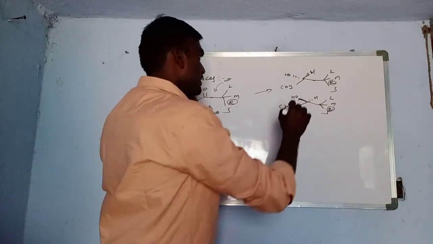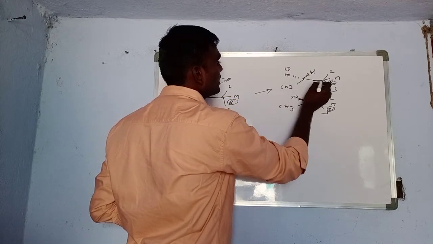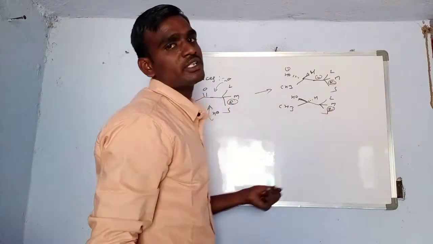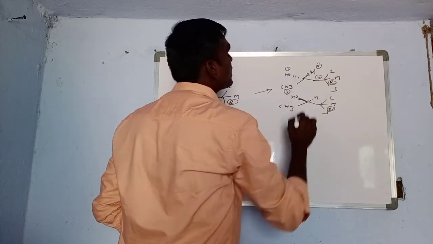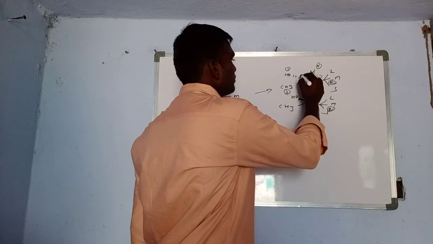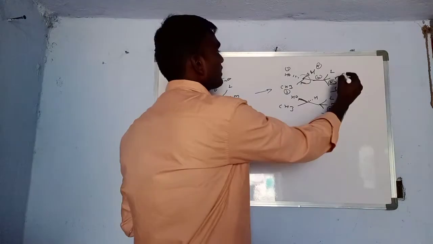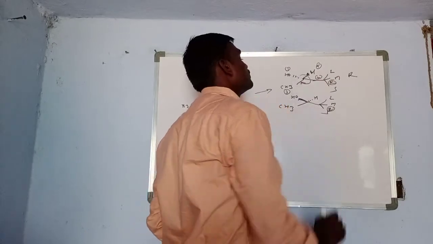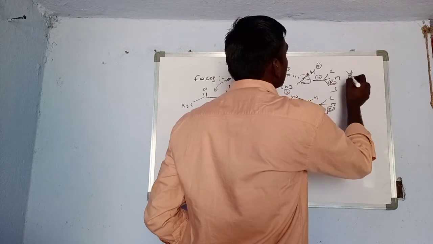If you are giving the numbering like this, the carbon attached to carbon will be the second priority, because here the large group may be OCH3, any molecule can take place. So this is the second group, and this is the third priority, and the hydrogen is the fourth priority. After giving the priorities, it will be clockwise direction. For clockwise direction, what is the configuration? R configuration. But the least priority group is towards you. Whenever the least priority group is towards you, then the configuration is inverted. That is S configuration.